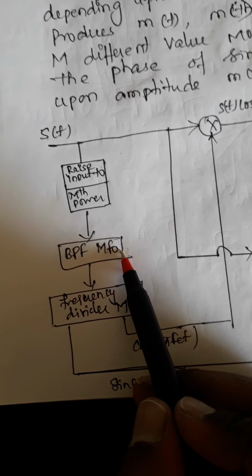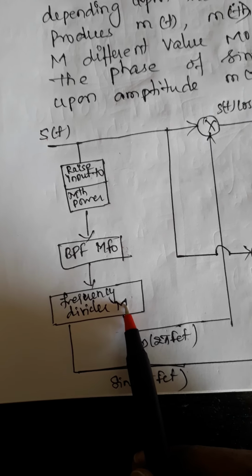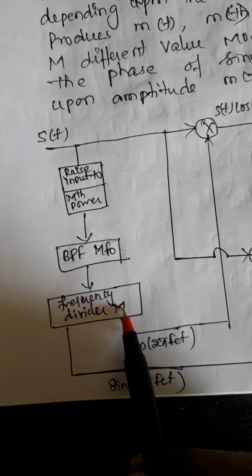Same way, when you get a message signal, the first job here is to get the cos wave and the sine wave. So to get that one, whatever wave we get here, S of t, you have to raise to the power of m. When you raise to the power of m, frequency becomes m into f naught. So when the frequency becomes m into f naught, you have to use a band pass filter to get m into f naught. So what happens? Frequency is f naught, not m into f naught. So what you do? You divide the frequency by m. So you are getting cos, give a phase shift of 90 degrees, you will get a sine here.